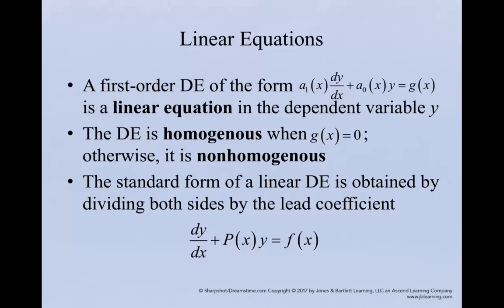So often you will see some equation that looks like this, where a1 and a2 are functions of x. y is a function of x, and that's equal to some other function of x. And of course, what you're trying to solve for here is y. So this is referred to as a linear equation. And remember, these functions of x can be nonlinear, but you can't have nonlinearity in terms of y. So this could be e to the x, it could be cosine of x, it could be really any function